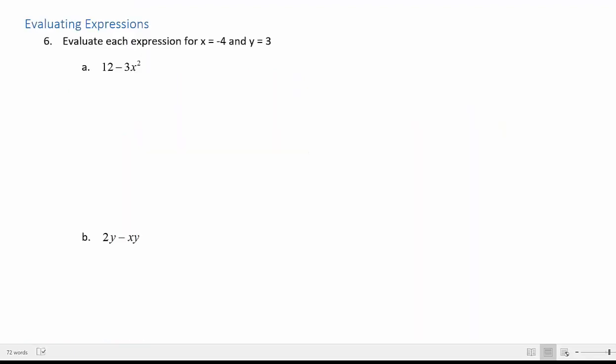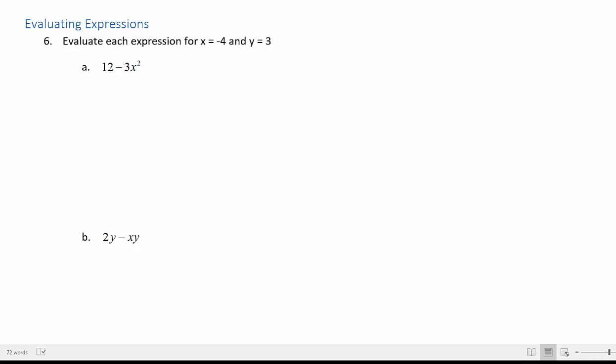All right, finally, the last thing I want to go over in this first lesson is working with algebraic expressions, because that's really what we're going to be doing this semester. This course is kind of an introduction to algebra, working with the variables, letters. And so the first thing I want to talk about is how we can evaluate an expression for specific variables. So for example, if I tell you that x equals negative 4 and y equals 3, and we want to evaluate these expressions in parts A and B,